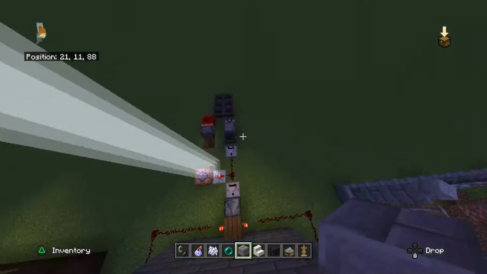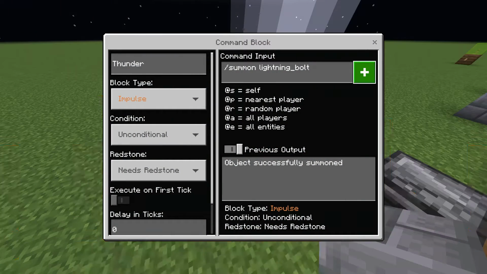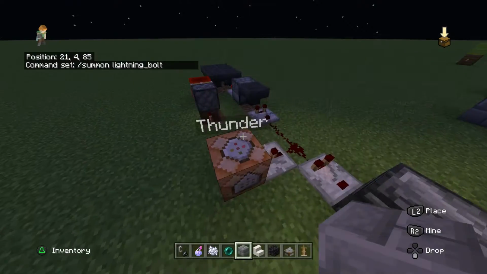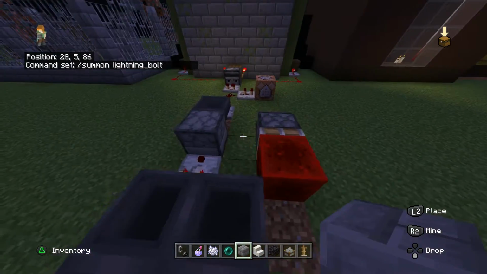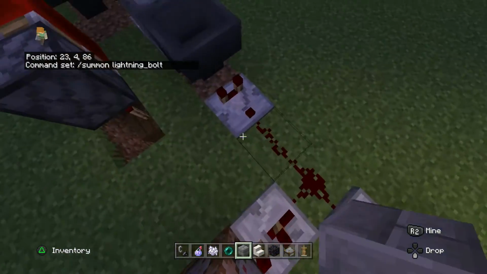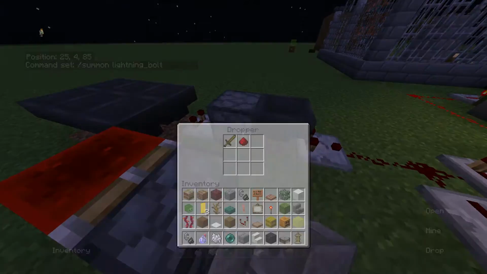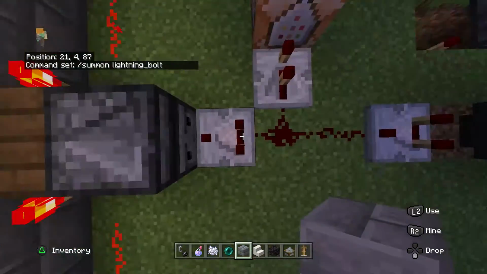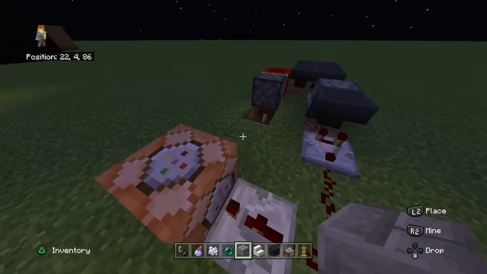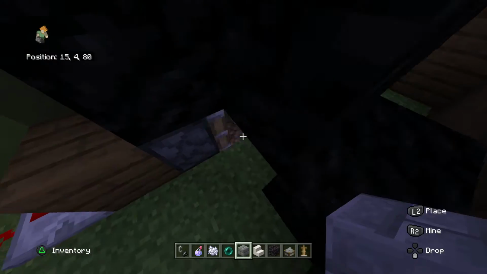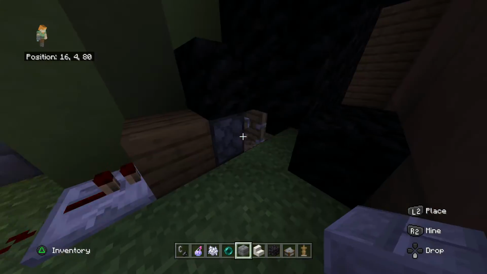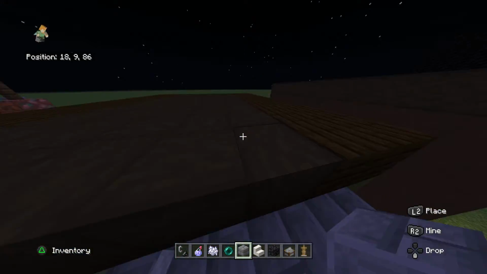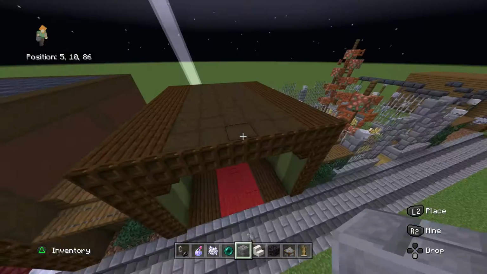And if you put a command block with the command /summon lightning_bolt, along with a randomizer with a 50-50 chance into a command block, along with a piston on either side opening up light with an observer running into them,